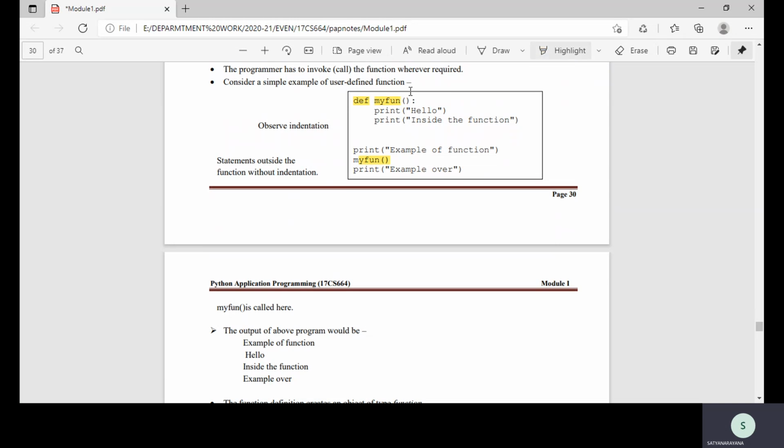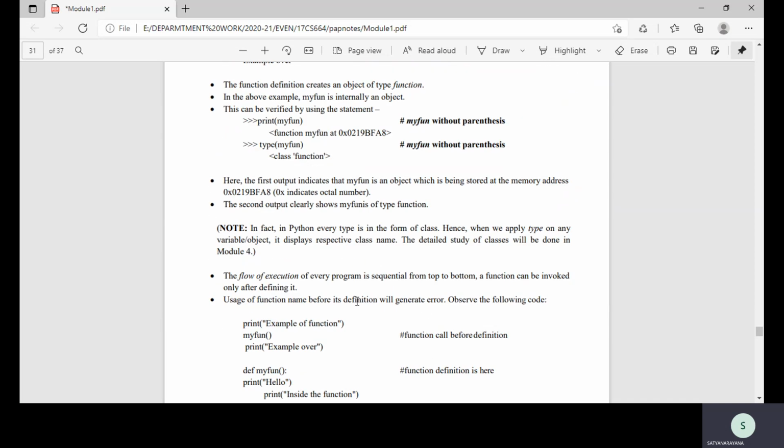Now I'll execute this program. We'll see a couple of examples of how user-defined functions are done. So let me go to a new file. Here I'm pasting it. As the function is defined first, we may have an indentation problem, so we are removing that. The remaining is fine. Now let me execute. It will ask to save, so let us save this. Say, for example, I'll save it as function1.py.